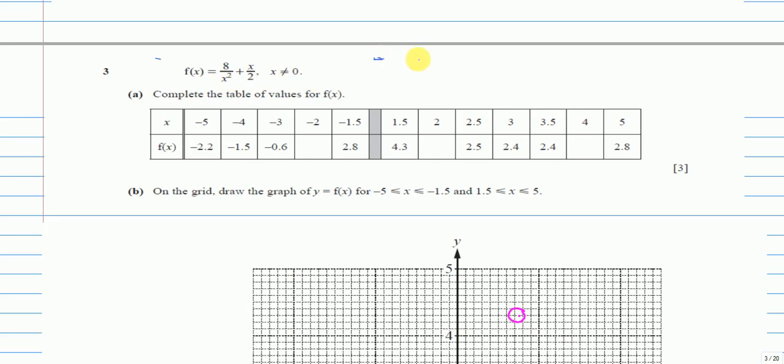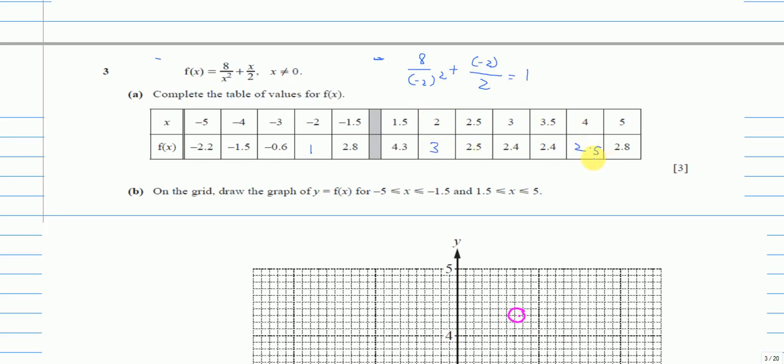Okay, so it will be 8 over x squared plus x over 2. Okay, so for the first missing one, the x is minus 2. Okay, so we just say minus 2 here and minus 2 here. Okay, and you will get 1. So exactly the same thing we will do for the other missing ones. For this one we will substitute 2 here, and for this one we will substitute 4 here and here. Okay, so you will get 3 for this one, and for this one you will get 2.5.